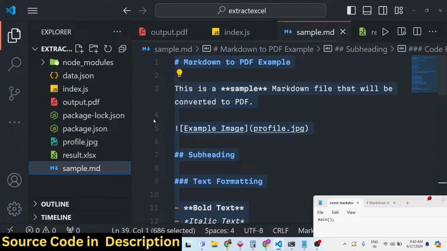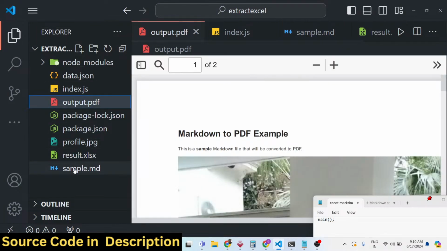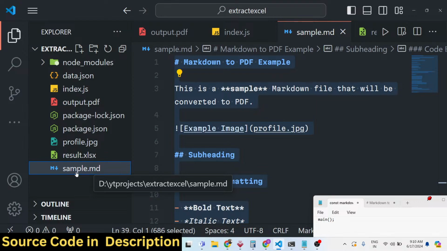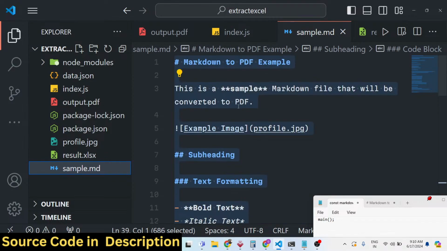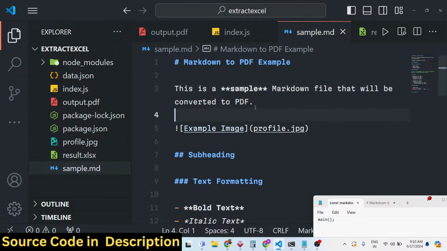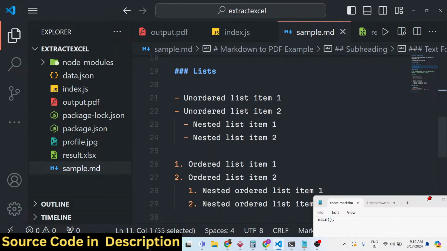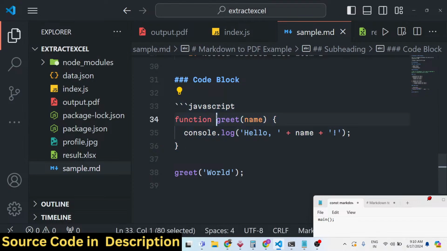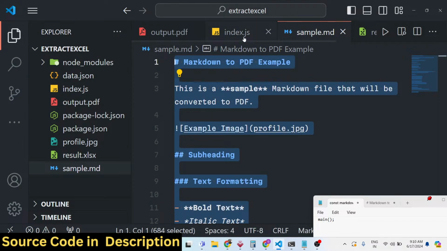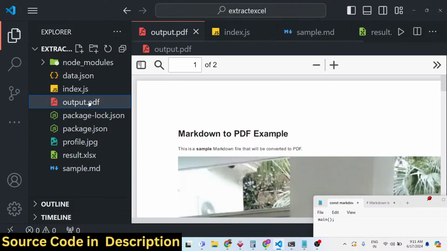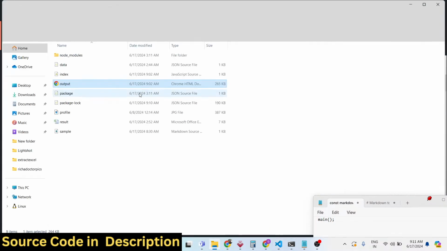Now in this application you will see I have this markdown file, sample.md. MD stands for markdown. This is a very simple markdown file with formatting. It contains text, images, all that stuff with formatting, and source code. You can even embed source code in a markdown file. So this is the actual markdown file, and if I open the output.pdf,